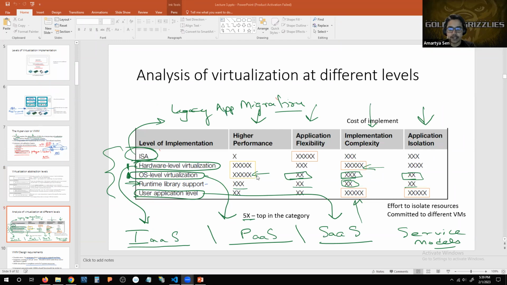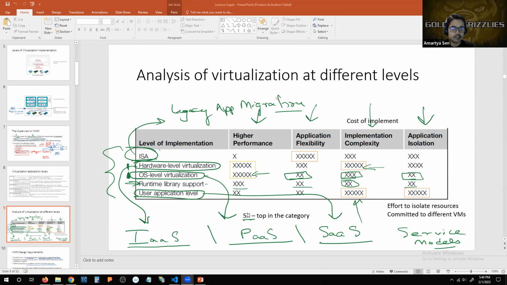And then we led our discussions from that point onwards to get an understanding of the more popular service models that cloud computing has, which are software as a service, platform as a service, and infrastructure as a service. And we will discuss these 3 service models again in chapter 4 when we start discussing the cloud computing architecture itself. And we talked about a mapping of which type of virtualization abstraction layer is primarily used for these different service models,